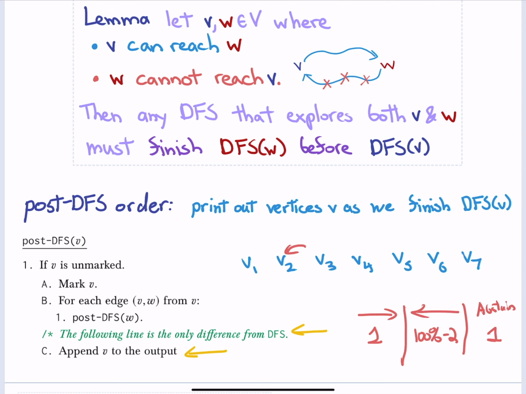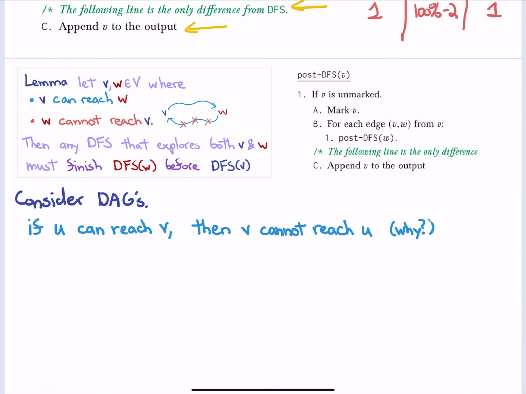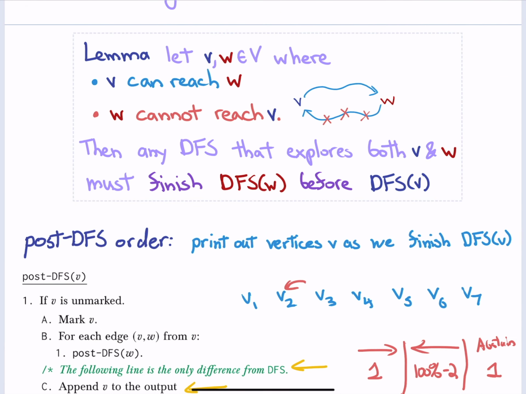Because if you have an edge from A to B, then B has to get printed before A. That's what the previous lemma established. So it's the opposite, the contrapositive. So if you run,